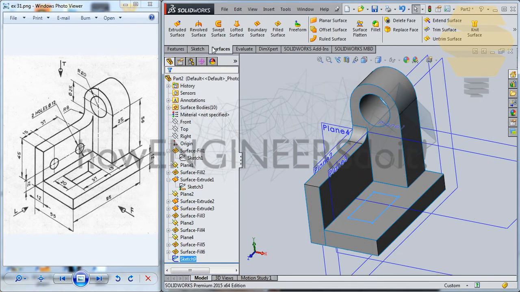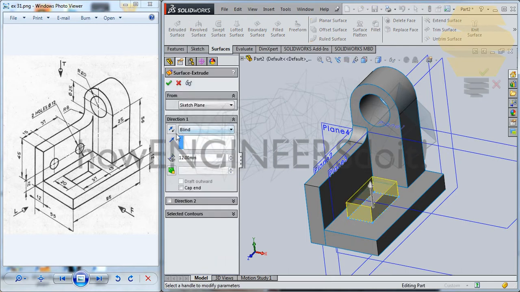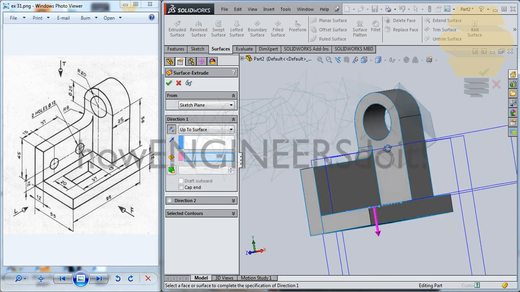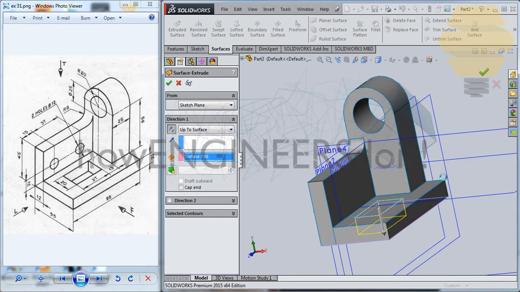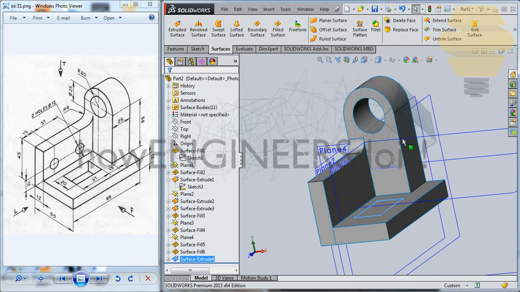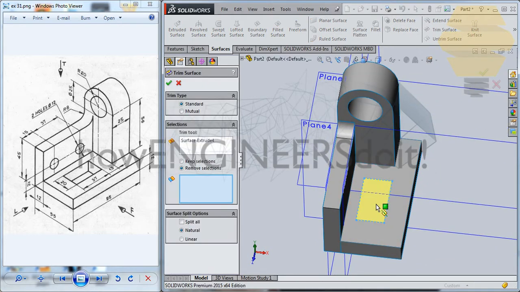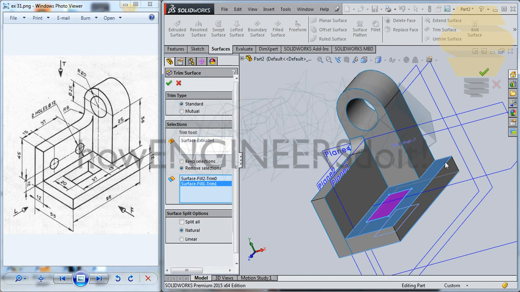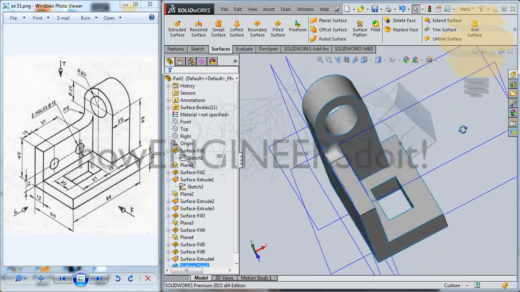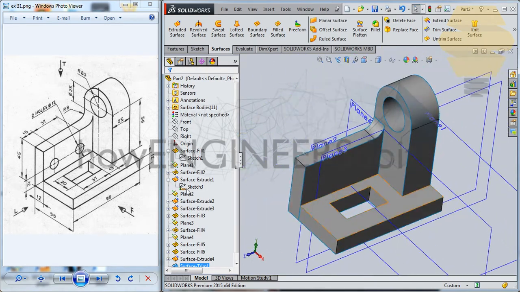What we can do is we'll just go for extrude surface, extrude in the reverse direction, up to the surface, and we'll just give it as a surface here of a tick mark. All you gotta do is, next we'll just go for trim and just trim these surfaces, and we have an opening there. And finally, we're going to create two more holes here, so we'll just go ahead and create that